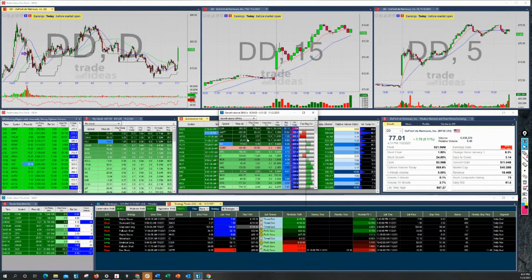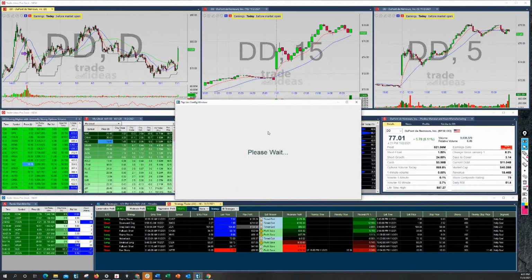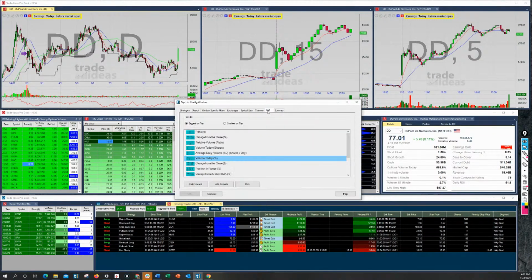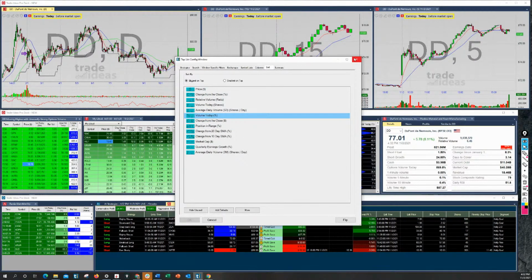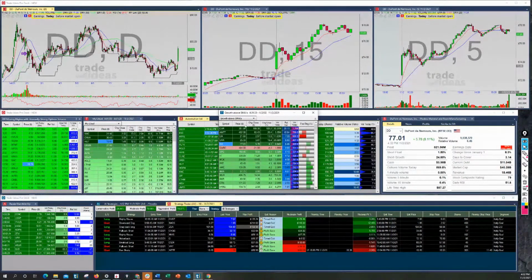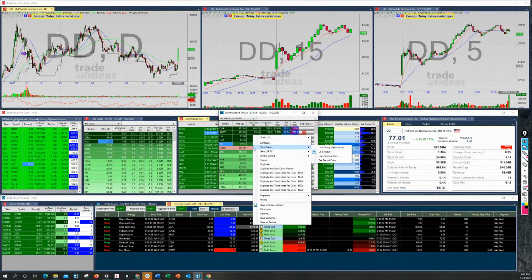There's one last piece of the puzzle I did not remember to go over. If we come back into the configure again, sort. Right now, this is sorting by server on volume percent today. Meaning that looking back over the last 10 days, what its percent of volume is compared over the last 10 days. You can pick whatever you want for that server to sort on or bring in from the server. What this means is this scan can only populate X amount of stocks into this window, and it will pull based on that server sort before it pulls anything else.